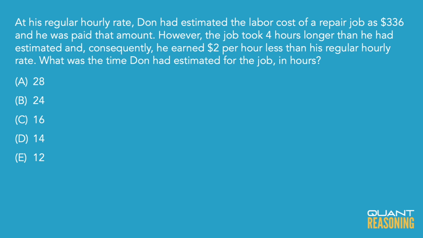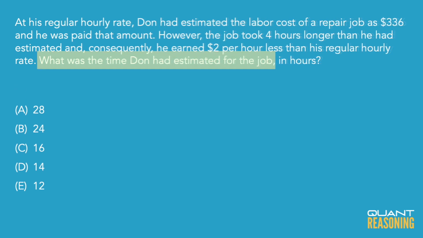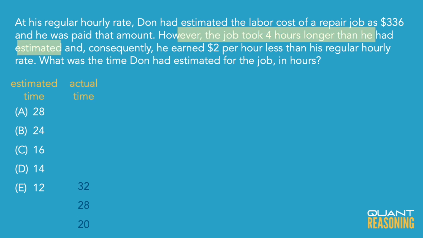So if we look at the answer choices here, what do they represent? Each answer choice is supposed to be the estimated time. And if I add 4 to each of them, that would give the actual time. So if we're in agreement that this is a divisibility question, now would be the time to factor down the number 336. One good way to do that is to identify that